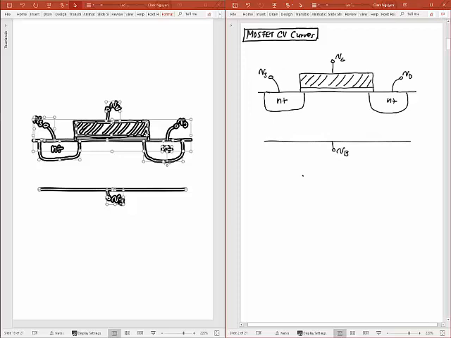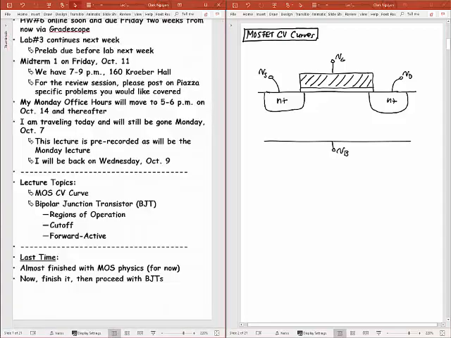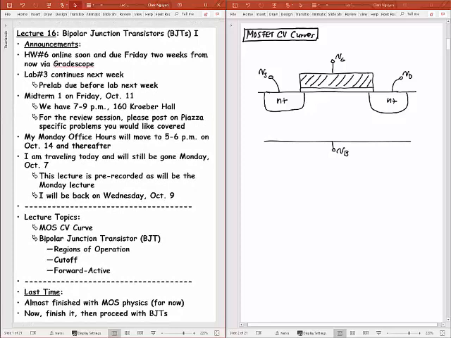We've talked about this device as a device that we can use to control current. In this device, we're controlling the current that goes across this channel using this voltage VG, and more specifically in a circuit, we'll usually be talking about VGS for an NMOS device like this.